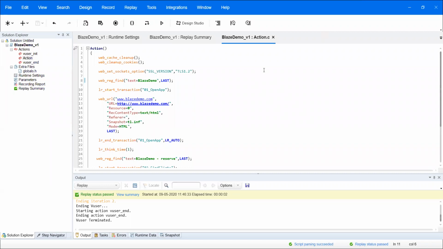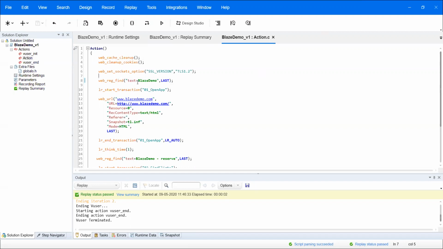Today we are going to discuss some of the common 5 mistakes which we need to remember whenever we are doing the final execution, like the smoke test, load test, and whenever we are doing the validation of the script also. Those are the 4 to 5 things which we need to remember, and they will be part of the debugging of your script also. Okay, so let's start. First we will discuss the web_reg_find case.